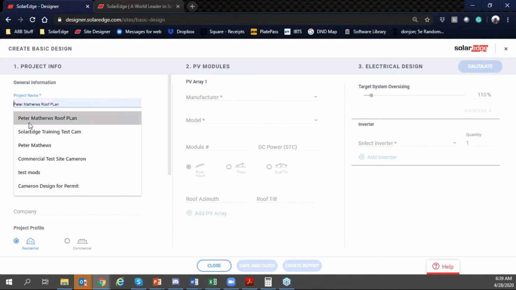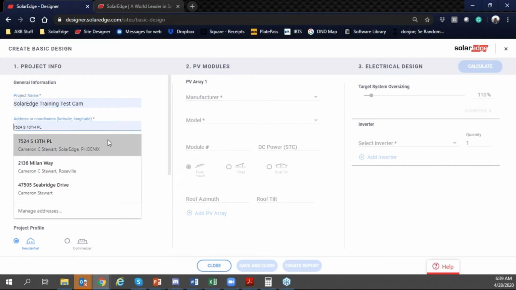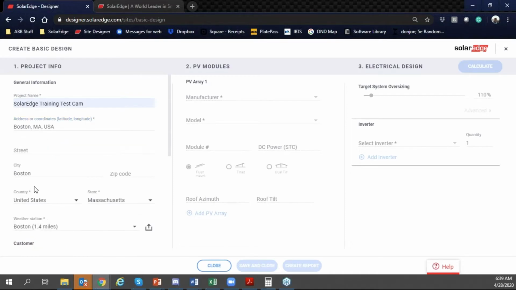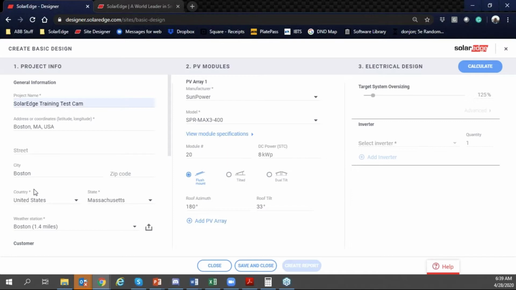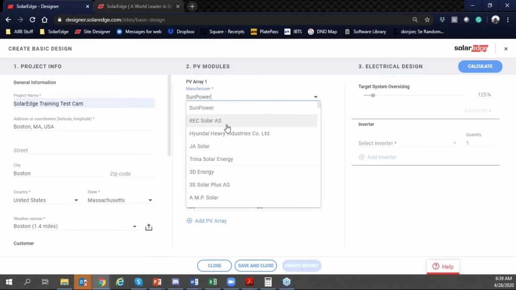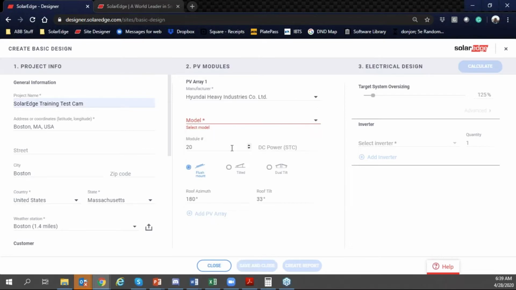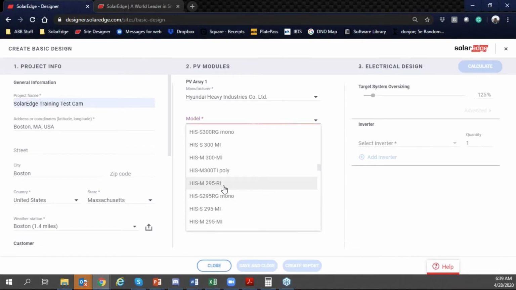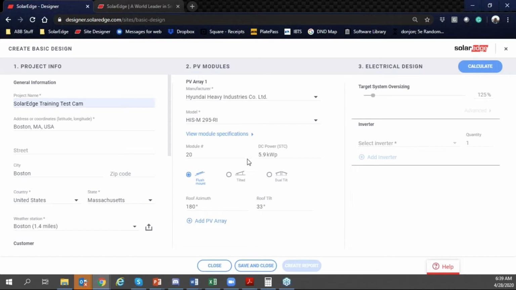So you can type in something, SolarEdge training test cam, fantastic. We'll say this is in Boston, Mass. I don't even have to put in a full address, I could put a zip code, though you can put in a full address if you want to. I can say what type of solar panels I'm using. Let's say Hyundai sounds reasonable, and we'll say 295. I'm worried that I picked a random weird panel that doesn't match anything, but we'll say that